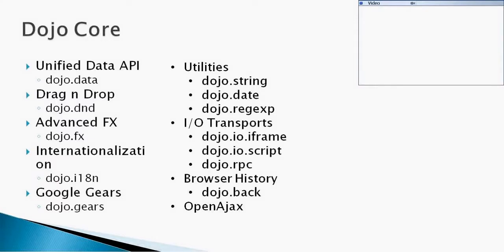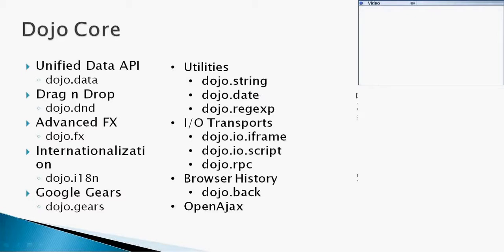widget. So your front end, meaning the core grid object, should not know where this data is coming from and all that stuff. It should rely on this particular dojo.data API. Similarly, it provides drag and drop functionality, advanced animation, internationalization, and Google Gears, if you want to use it in your application, which can provide you offline support and offline browsing. And there are some other utilities like dojo.string utilities for string comparing and changing case and